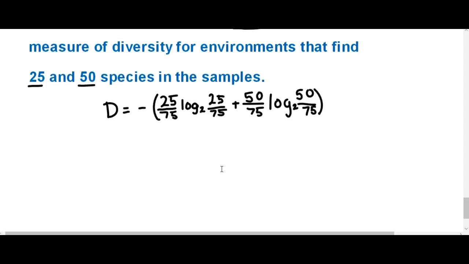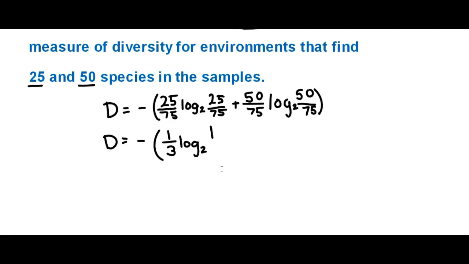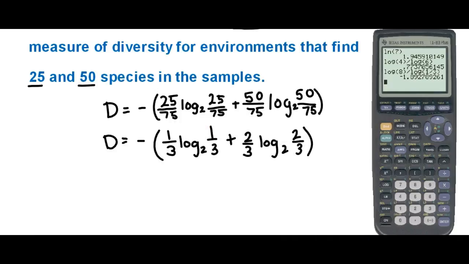So first thing we want to do is go ahead and put in our change of base formula. So we want to make this log of 25/75 or log of 1/3 to make it simpler. Let's actually simplify all of these first while we're at it. So 1 over 3 times log base 2 of 1 over 3 plus 2 over 3 times log base 2 of 2 over 3. And go into my calculator to get